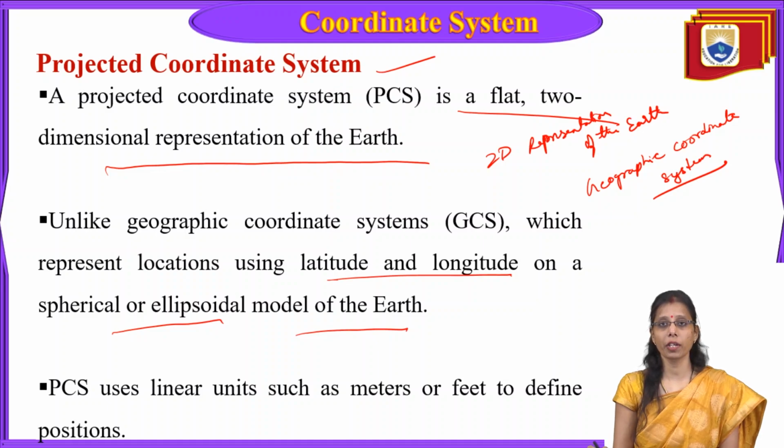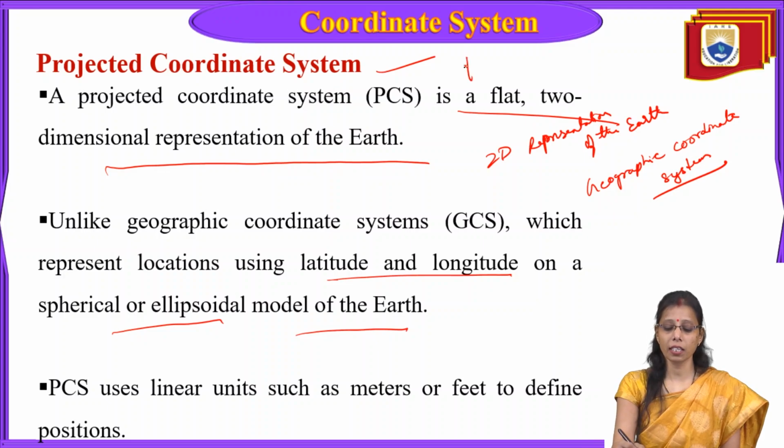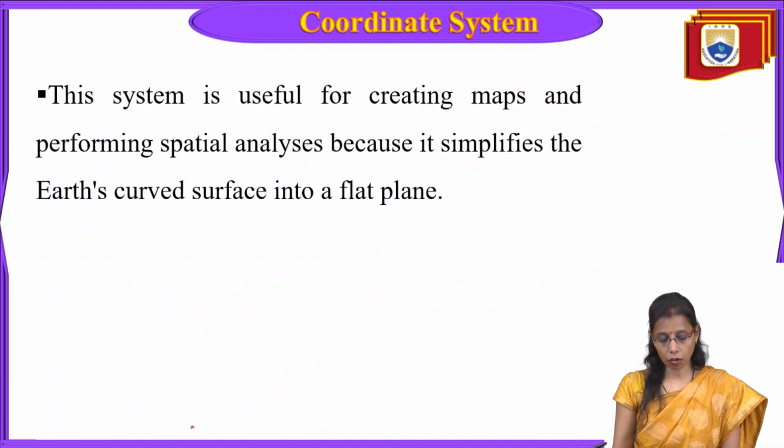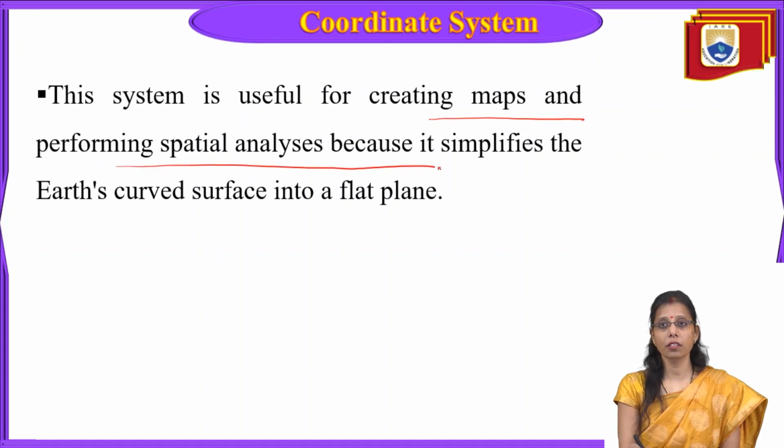Projected is a flat two-dimensional representation of the Earth, whereas for the geographic coordinate system we have PCS and GCS. Remember, PCS is used for flat or 2D, and GCS is used to represent the location of latitude on a spherical, the 3D model. PCS uses linear units such as meters or feet to define the positions. This system is useful for creating maps and performing spatial analysis